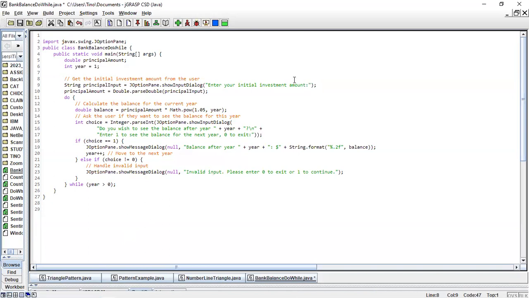So whatever I entered on the keyboard is being read as a string. I need to convert it. Principal amount is equal to Double.parseDouble. Hence, I can use the word double here. I'm now converting. Remember, amounts in most cases have commas, so I did not use the integer variable. I used double to cater for decimal numbers. I'm converting the initial investment that I'm depositing.